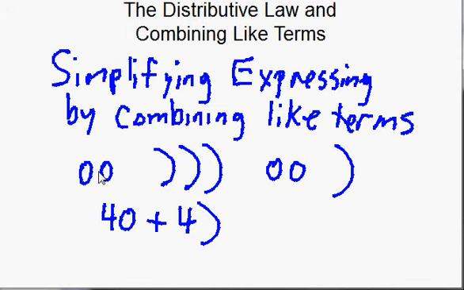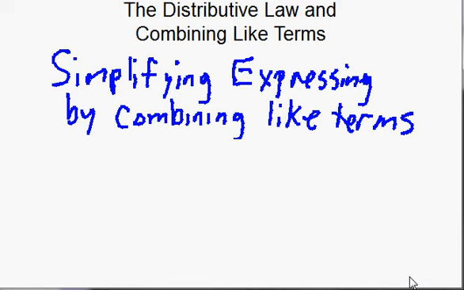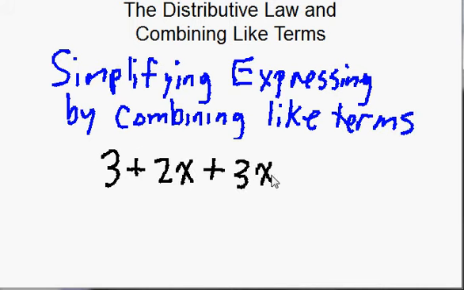Okay? But let's do an example with some algebraic expressions. Remember what an expression is? So let's say that we had 3 plus 2x plus 3x plus 5. Well, this is an expression, and that's fine, but even though I don't know what the value of x is here,